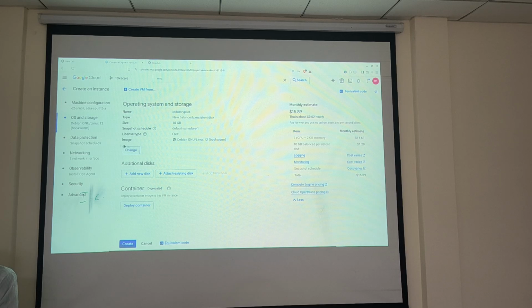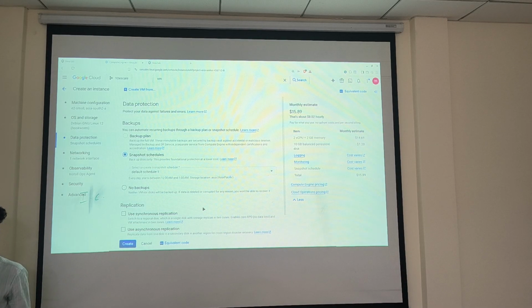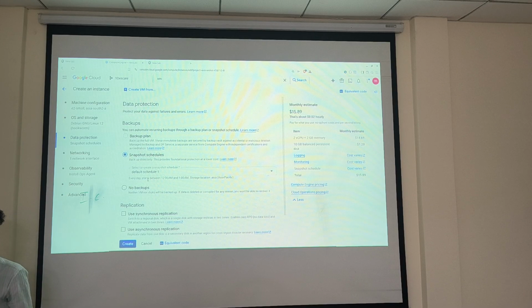The container is not needed. Next one is data protection. How you are going to back up your data. Once you deploy your application to the cloud, how are you going to take the backup of your data? Maybe you are choosing your database in the cloud provider, right? How are you going to take the backup plan? You can set up the backup plan, how the snapshot is going to be and when it has to run, like every night at 2 o'clock. It's up to you.